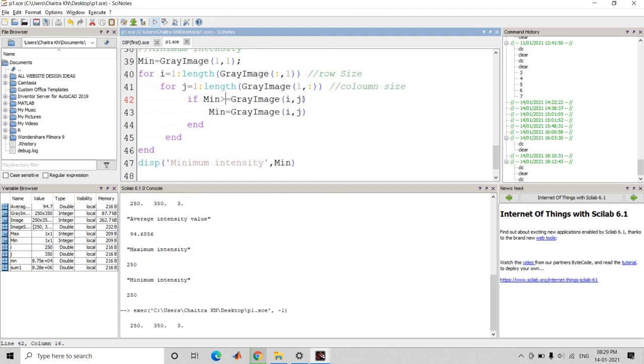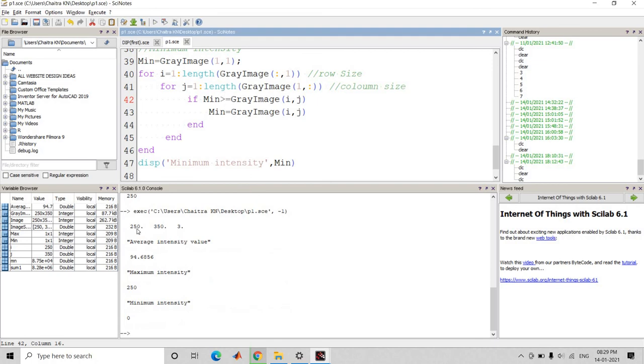and run the program. Here you can observe that the first one is the size and dimension of the image, and our average intensity value is 94.68, and our maximum intensity value in the matrix is 250, and minimum intensity value is 0. So this is about the first program.